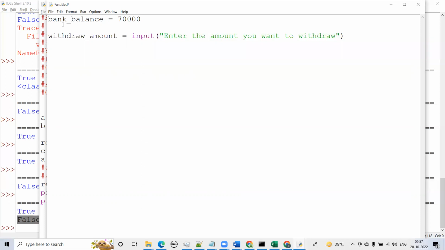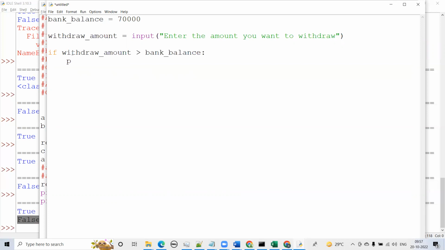Then we will use an if condition here to check if the withdraw amount is greater than the bank balance,